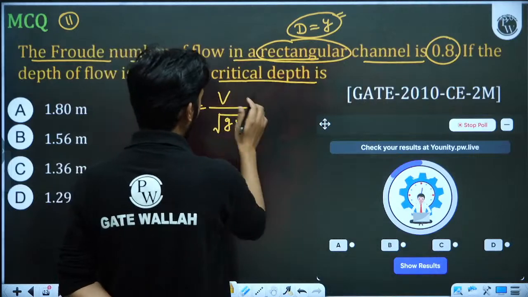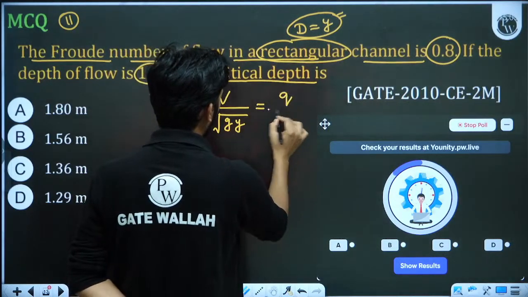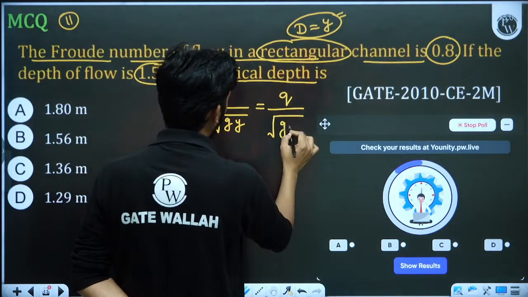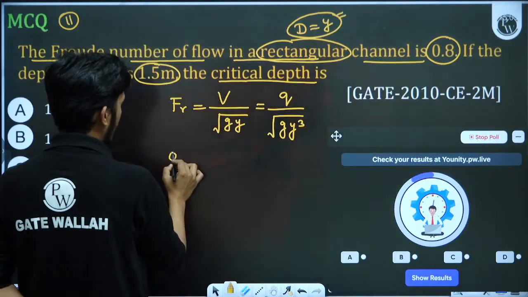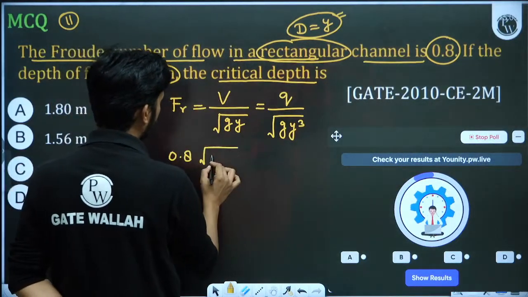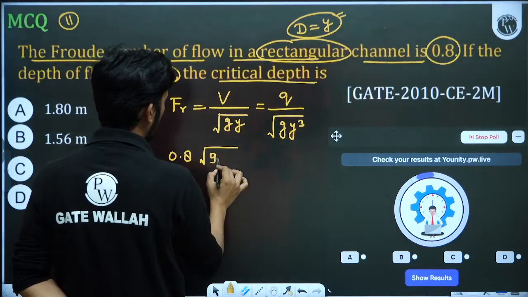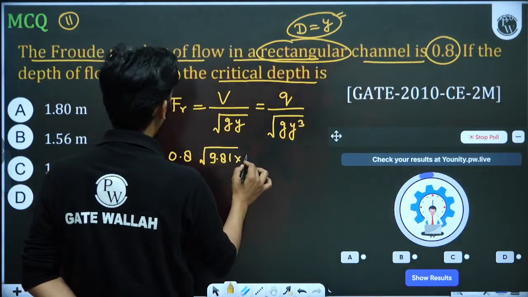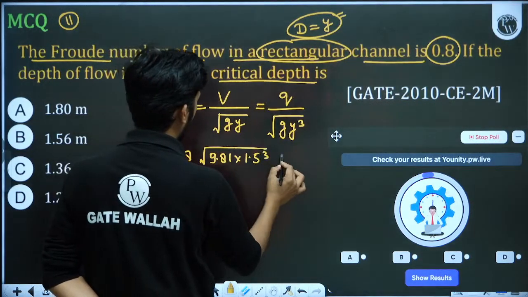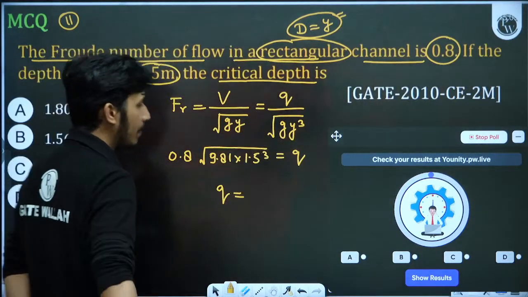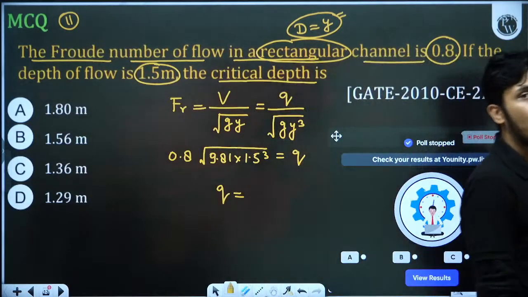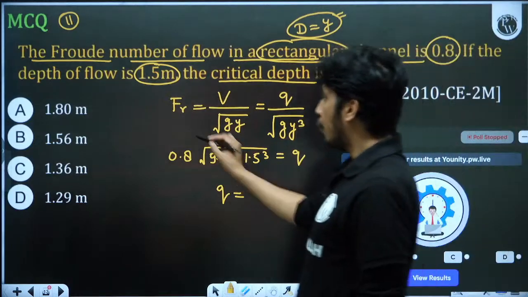सिर्फ रेक्टेंगल के लिए लिख सकते हैं, इसको हम ऐसे भी लिख सकते हैं Q डिवाइड बाई अंडर रूट GY³। ये मैंने आपको हाइड्रोलिक जंप के समय बताया था। यहां से आप Q निकालोगे, कितना आएगा 0.8 इंटू अंडर रूट 9.81 इंटू Y³, Y कितना था 1.5 का क्यूब इज इक्वल टू Q। यहां से Q आ जाएगा, ठीक है, GY³ का रूट से मल्टीप्लाई कर दिया, Q मिल जाएगा, तब आपको YC भी मिल जाएगा।